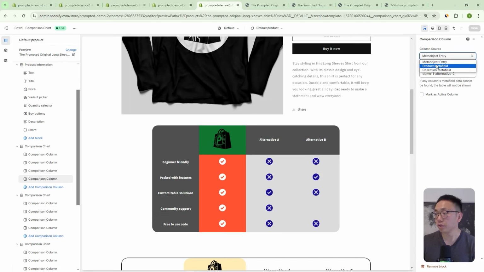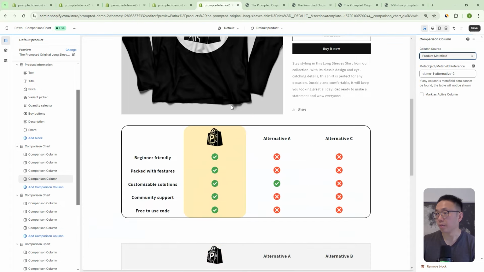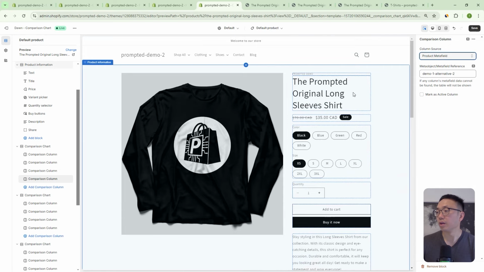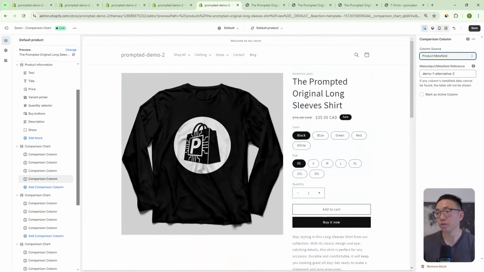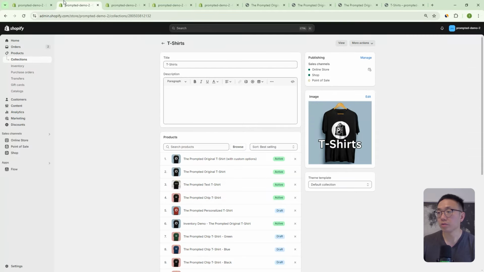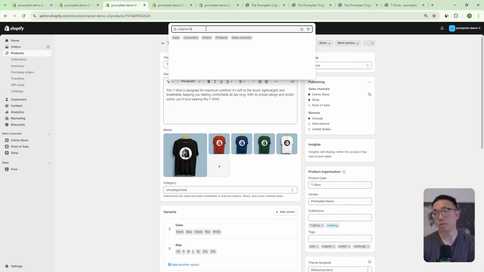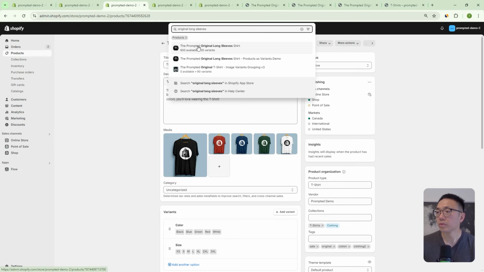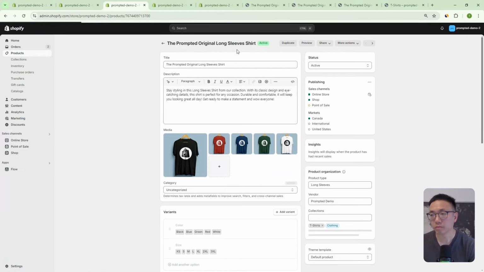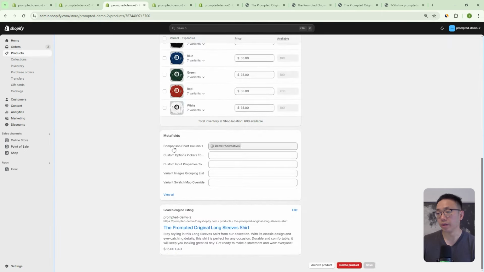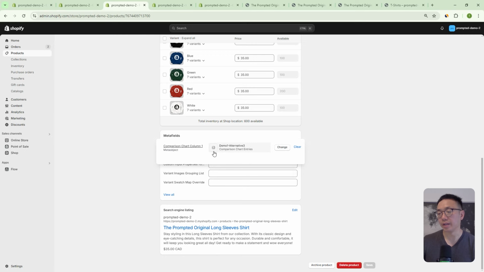So once we turn this on, you're going to see the table disappear, and that's because we actually haven't set the metafield yet. So this is the original long sleeves shirt. So if we come to our products, right here. Okay, so we go to our products and let's go to original long sleeves shirt. So you would need to create a metafield. In this case, we've created one already. We've called it comparison chart column 1. And in here, we've placed a